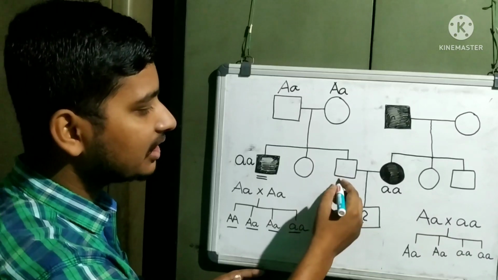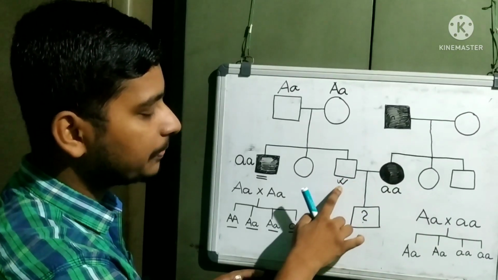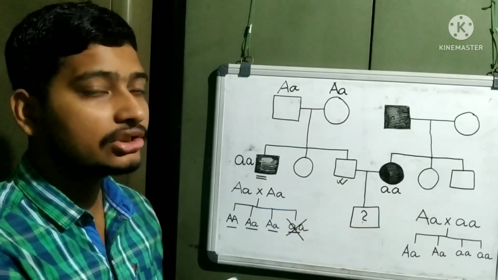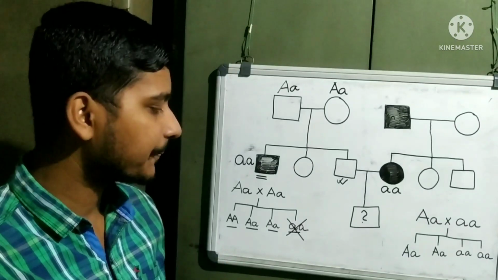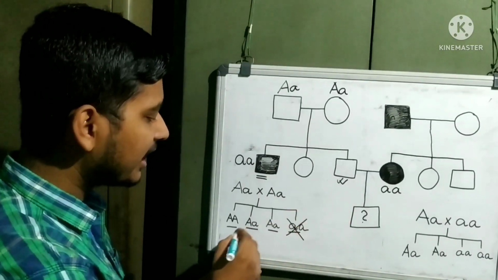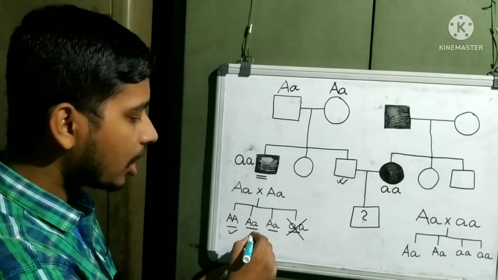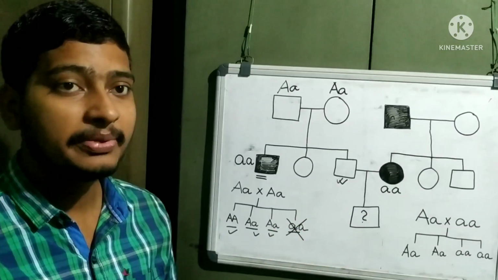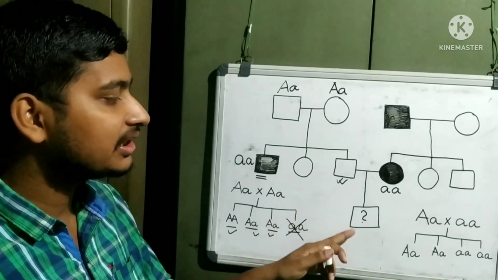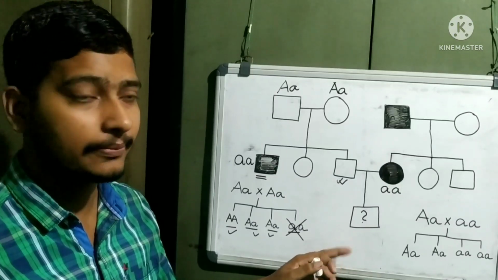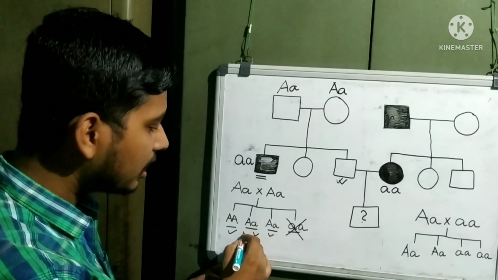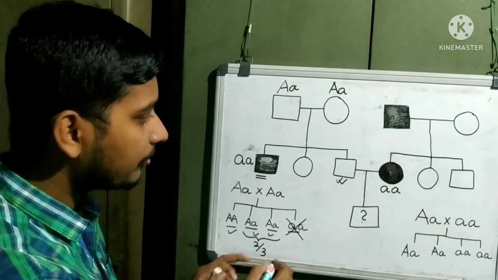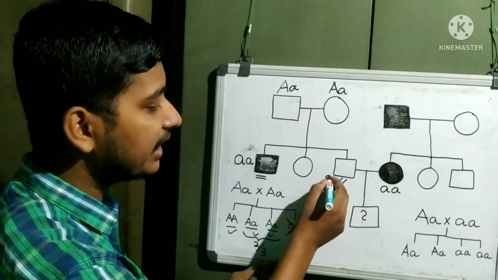So I know that this parent will not be homozygous recessive because it is not diseased. So it can be either homozygous dominant or it can be carrier. I have to find the probability for carrier, then only this individual will get affected. Out of 3 only 2 are carrier, so the probability of this individual to be carrier will be